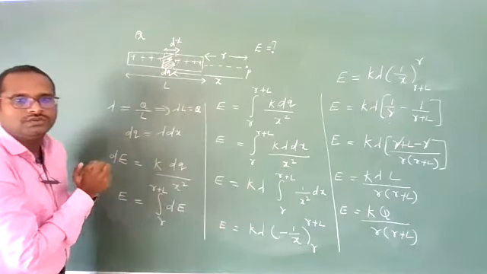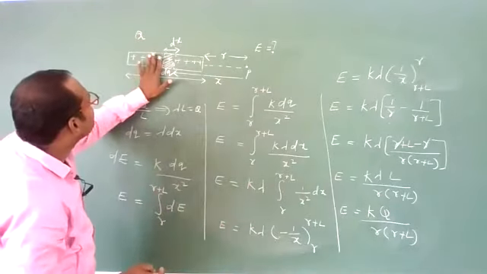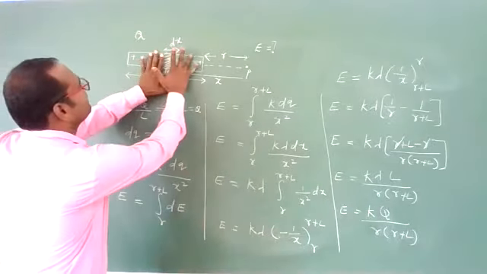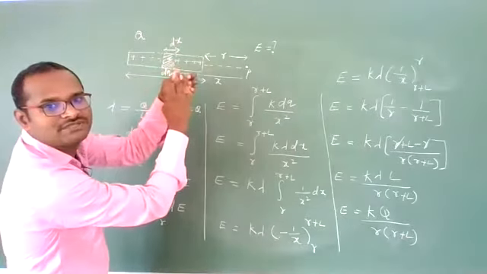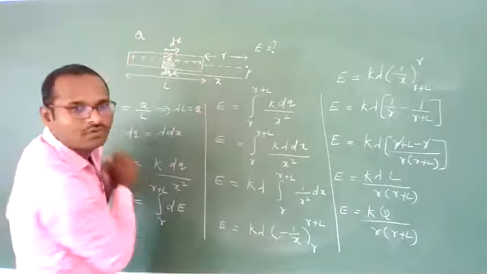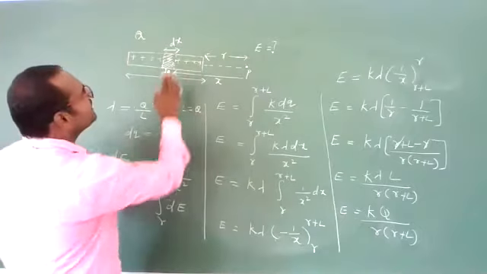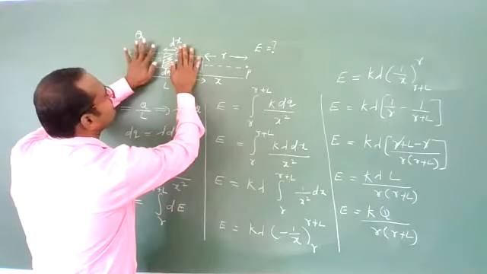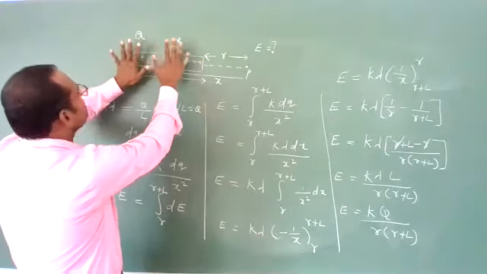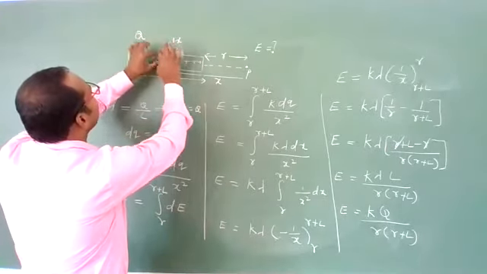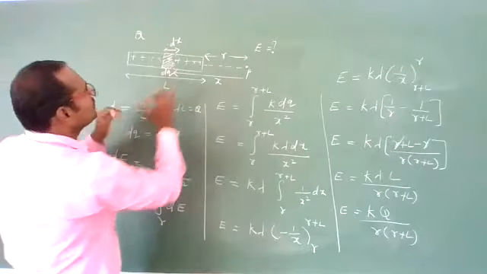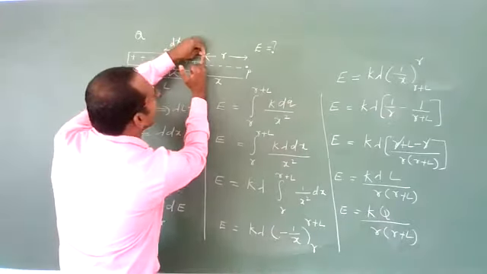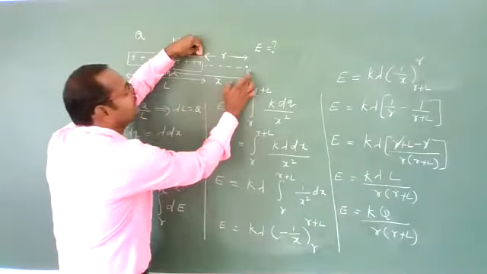Now, what have we done? We have divided this total rod into small elementary strips, see my fingers, 1, 2, 3, 4, 5, 6, 7, 8, like this. From here up to here we have divided all these strips. Clear enough? So all these we should add up so that one rod will become. So first it is starting from this strip, where we want the electric field. We want the electric field here.